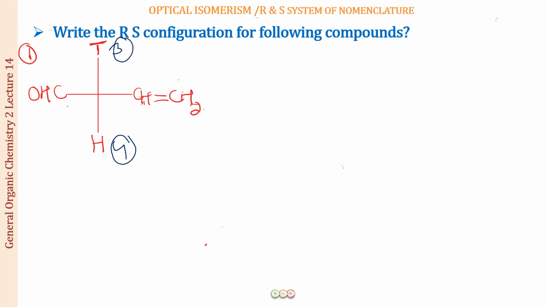Okay, so when you have same atomic number, you will be choosing that one to be of a higher priority, which is having a higher atomic mass. And tritium has an atomic mass 3, and protium is going to have atomic mass number 1. So 3 and 4 are done. Now we are left to choose between 1 and 2, where we find that the next atom next to the chirality center, both of them have carbon. When they have carbon, you have to look onto the next set of groups, right?